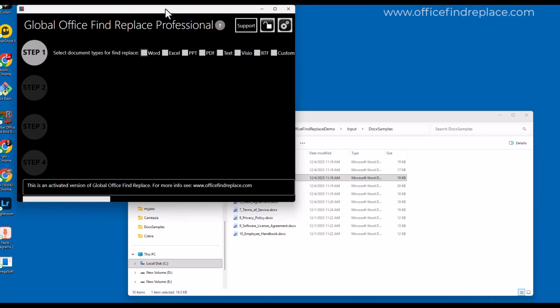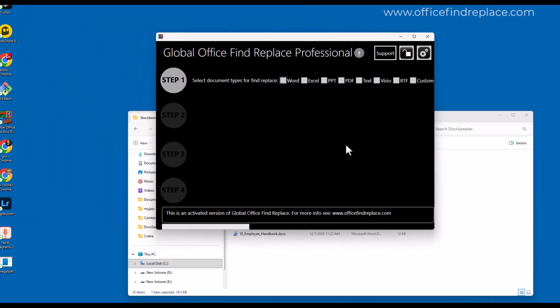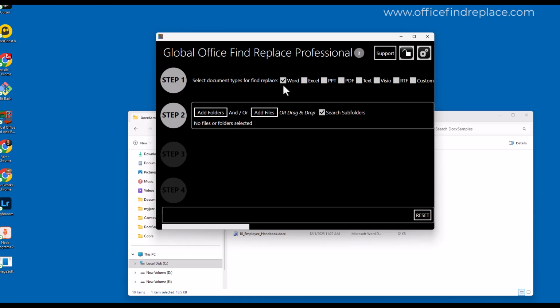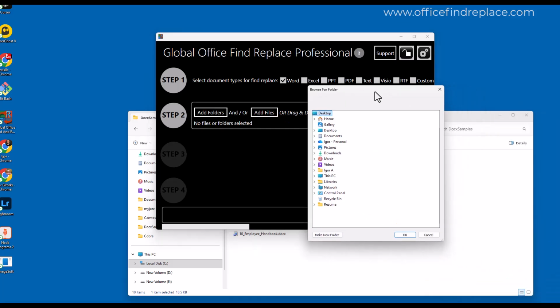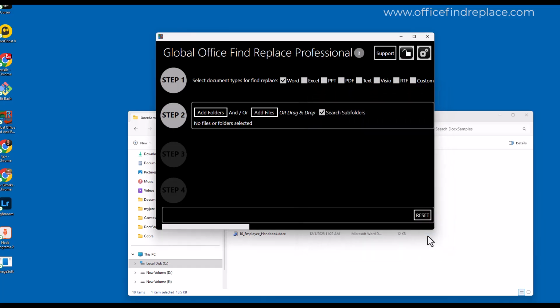I started the Global Office Find Replace Professional software. This is the software that we're talking about here. And I'm going to select in the very first step, as we discussed earlier, the Word documents by simply clicking on the checkbox next to the Word document here. Now the second step is open for me, and I can add the folder that contains the files I want to use. Now, you can, of course, click the Add Folders button, and this will open a file dialog, and you can select whichever files you want here, but you can also very simply